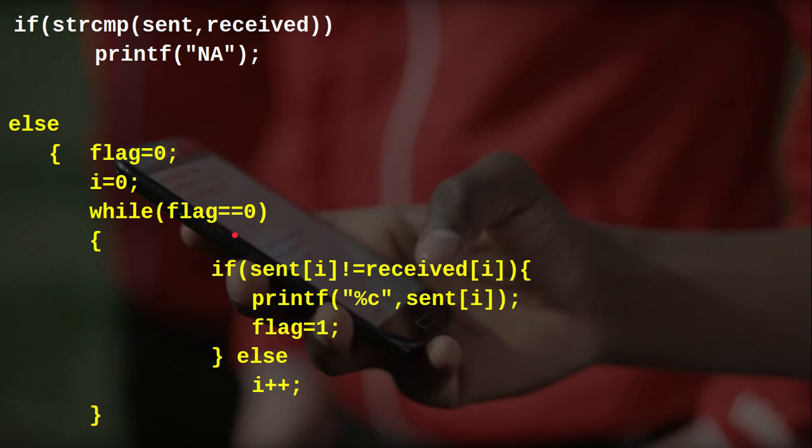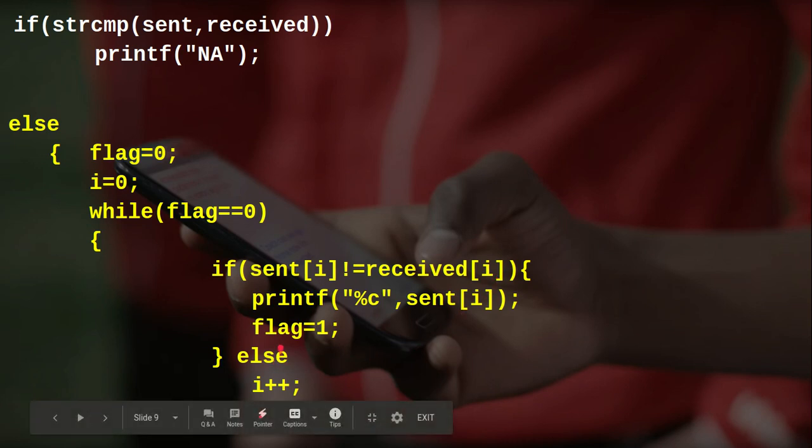Now inside the loop we compare the ith position characters of both the strings. If the ith characters from both the strings don't match, then we can declare that character missing in the second string. And then we also set flag to 1 to come out of this while loop.